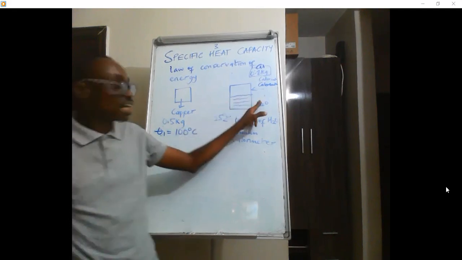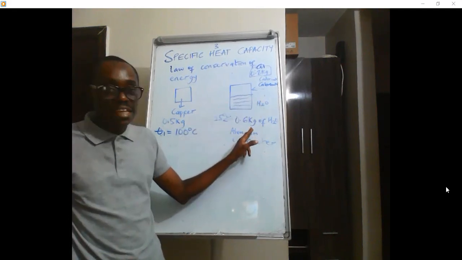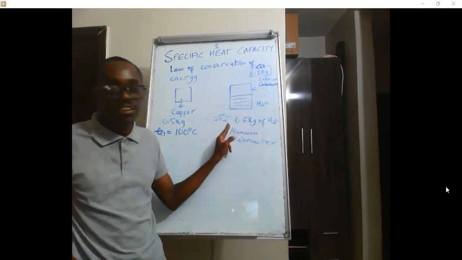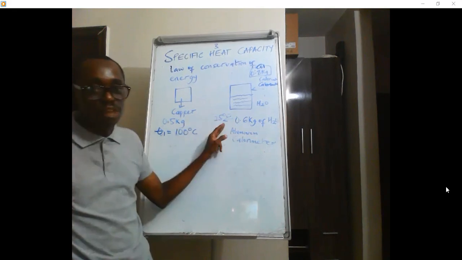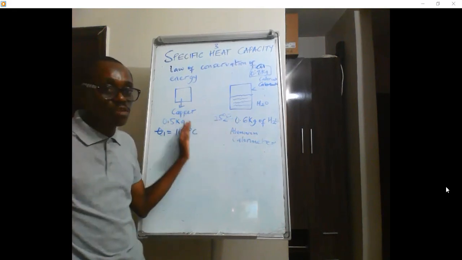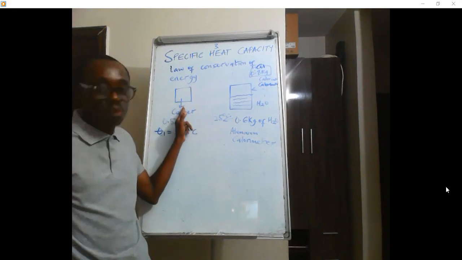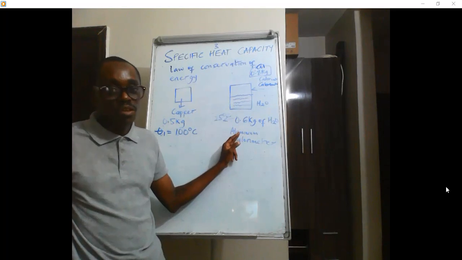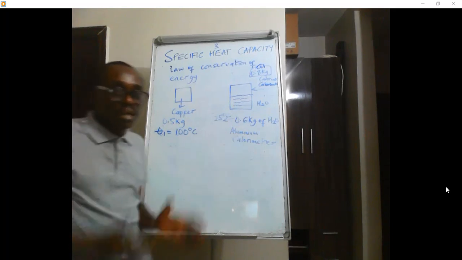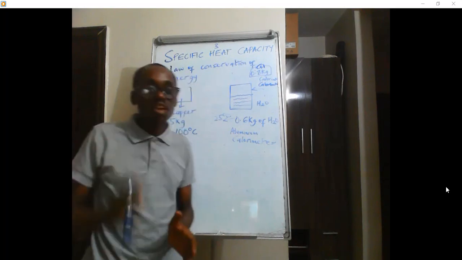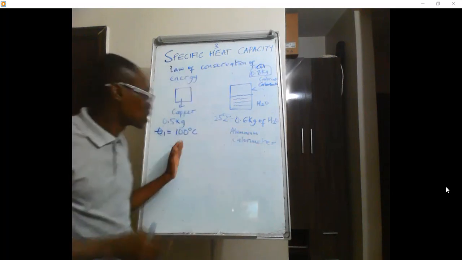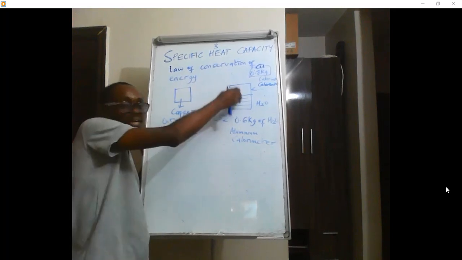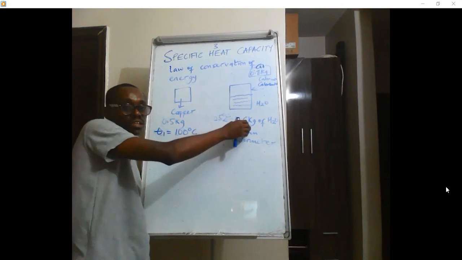While the copper calorimeter and the water in it are going to gain heat because they are at an initial lower temperature of 25 degrees Celsius. 100 is bigger than 25. So there will be a transfer of heat from the copper block to the copper calorimeter and the water inside as well. So at the end of the day, by the method of mixture, by the process of calorimetry, the heat lost by the copper block will be equal to the heat gained by the copper calorimeter plus the water